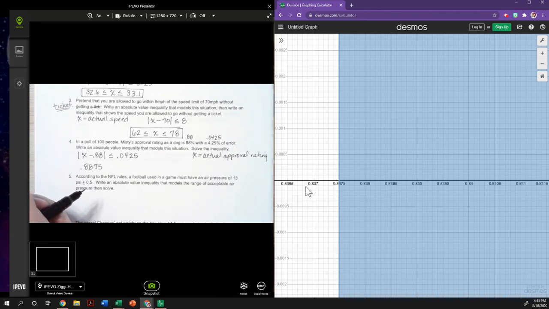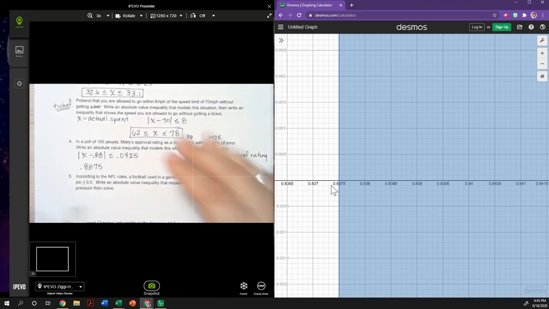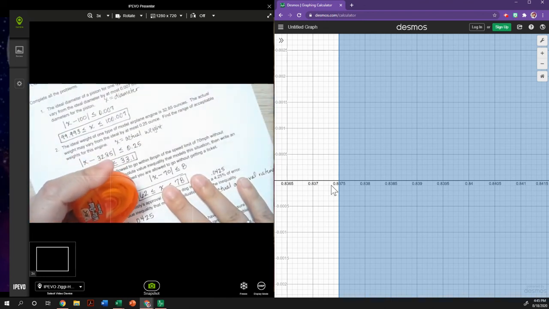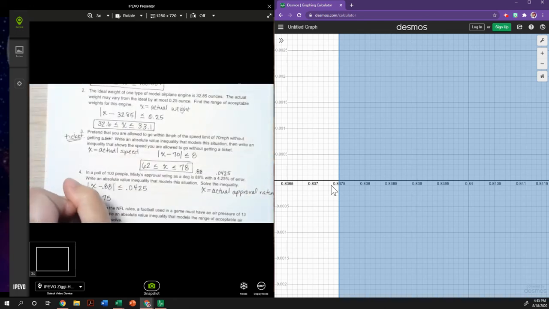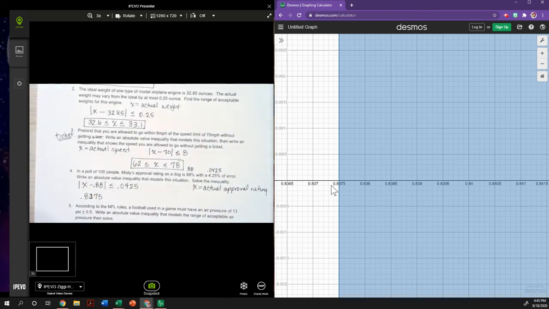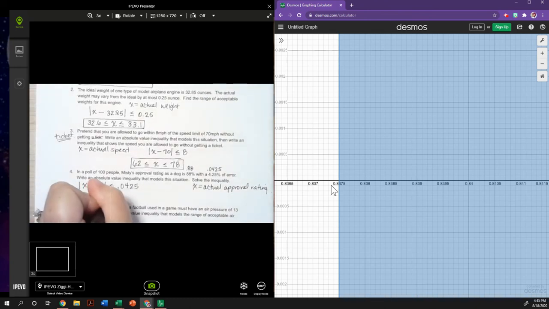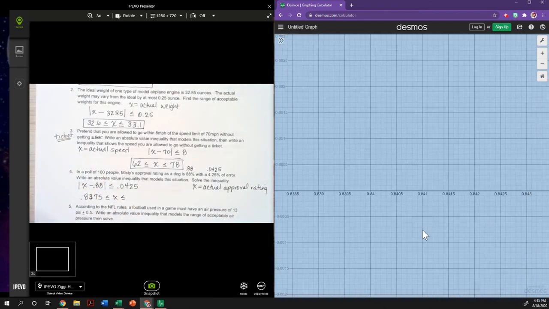Oops, I didn't read that right. 0.8375. So 0.8375 less than or equal to x less than or equal to, okay, and then we're going to drag this over